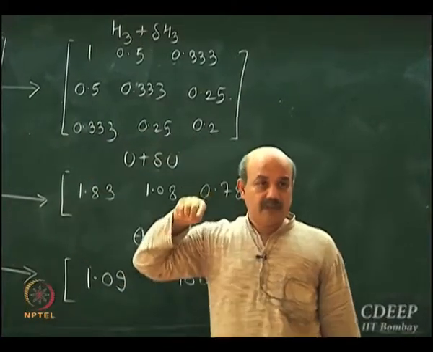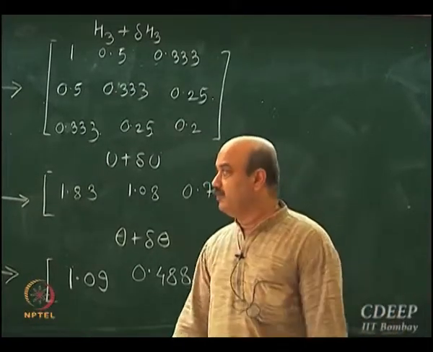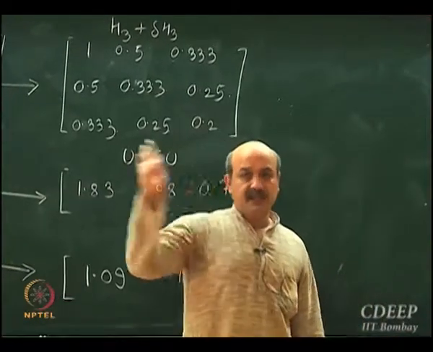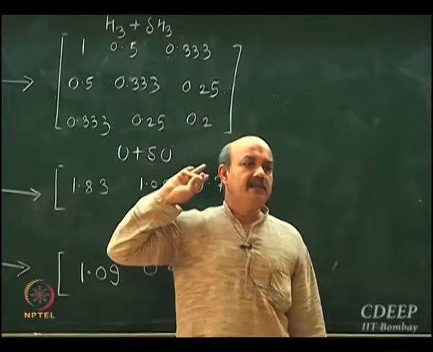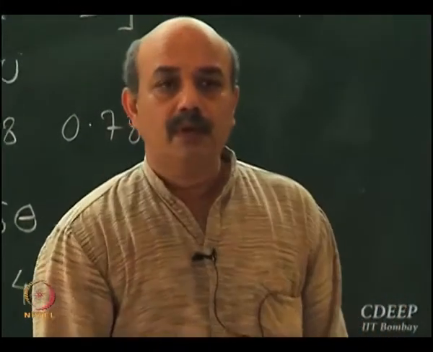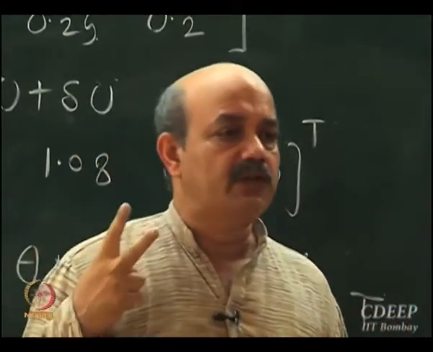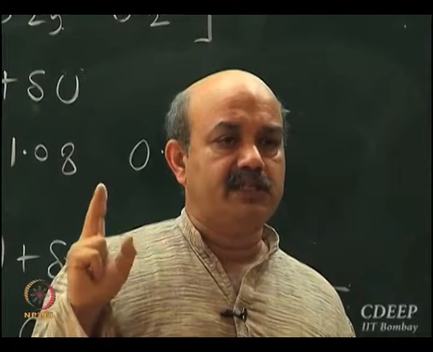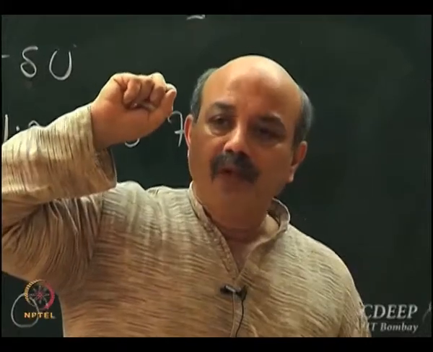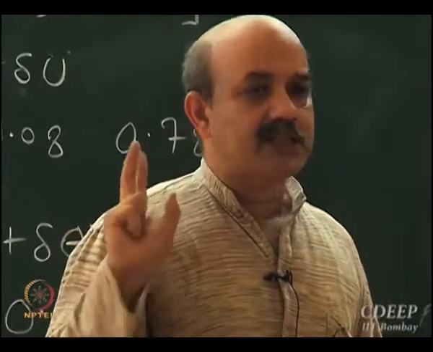Now the 2 cross 2 example that I gave you earlier might lead you to believe that it has something to do with singular matrices. This has nothing to do with singularity. What matters here is the condition number. In terms of the 2 norm, the condition number is the ratio of the largest singular value to the smallest singular value. Find the eigenvalues of A transpose A, take the ratio of the maximum eigenvalue to the minimum eigenvalue of A transpose A, and find the square root. That is what matters.